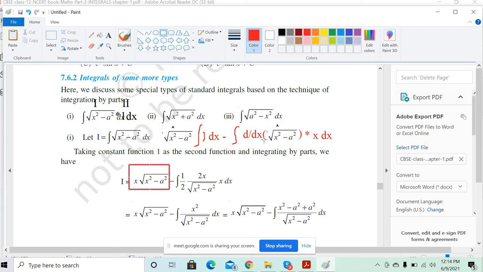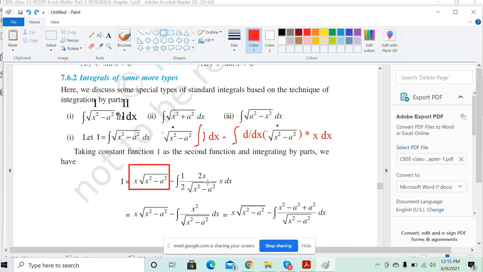Now, when you do differentiation of root of x square minus a square, you apply the chain rule. So whole of x square minus a square to the power 1 by 2. So 1 by 2 times x square minus a square to the power 1 by 2 minus 1, so that will become minus 1 by 2. So it will become the square root of x square minus a square in the denominator. Then do the differentiation of x square. X square differentiation is 2x. Got it? Chain rule. Not clear? Yes, sir, clear. Okay, just try it out now.